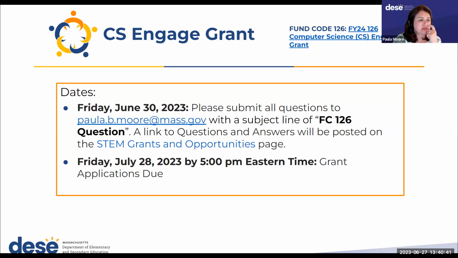Will this grant be included in the new GEM system? I believe it will not be. Your application actually has to be emailed to CIS grants, so you're not putting it into GEMS directly. Do you have an estimate of when the evaluator will be brought on board? That RFR is yet to be written, but that will be written very soon.